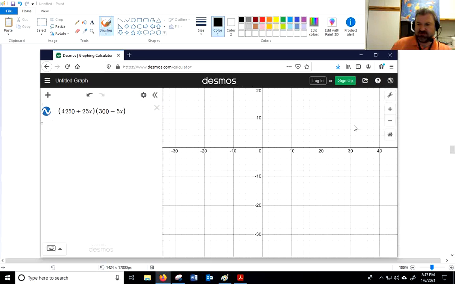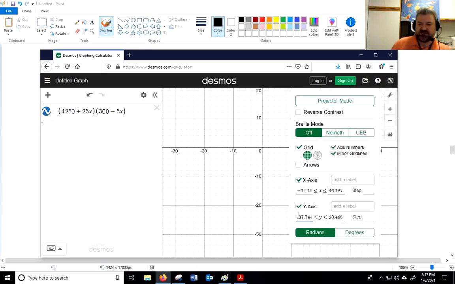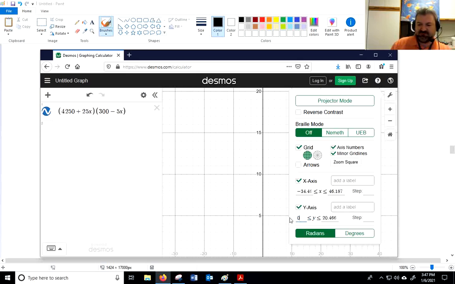I'm not sure what settings I should really use here. Let's talk about the y-axis. That's going to be revenue. Now, if you take 4,250 and multiply it by 100, it'd be 42,000. So this is going to be a pretty big number. I'm going to make this like